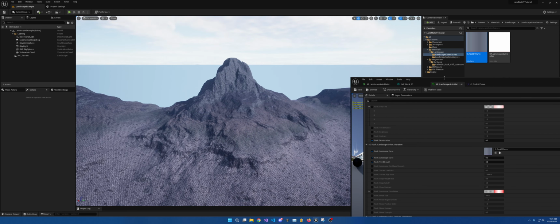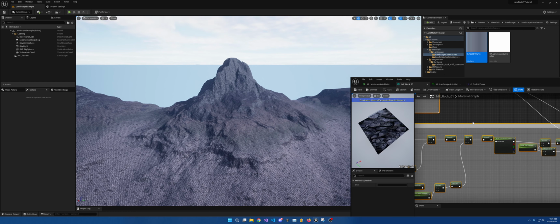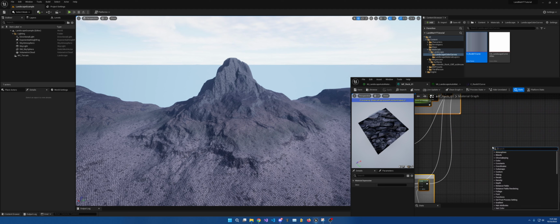So that said, this week, or this episode I should say, we're going over triplanar projection. Now, triplanar projection is very complex. It's very difficult. There is a node called